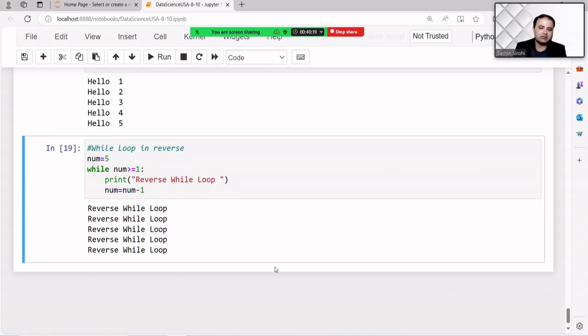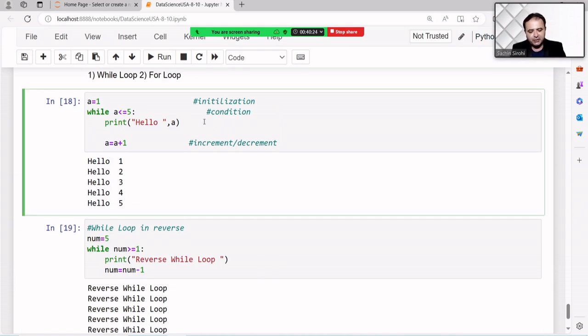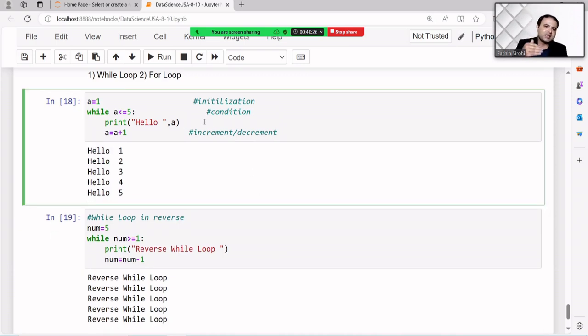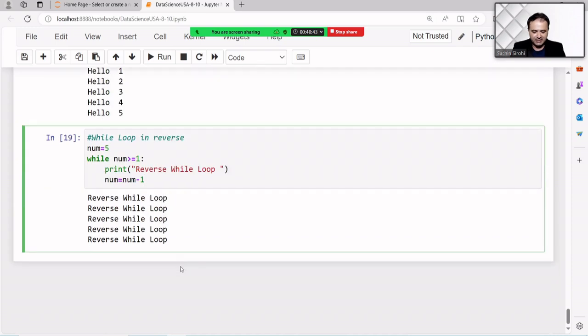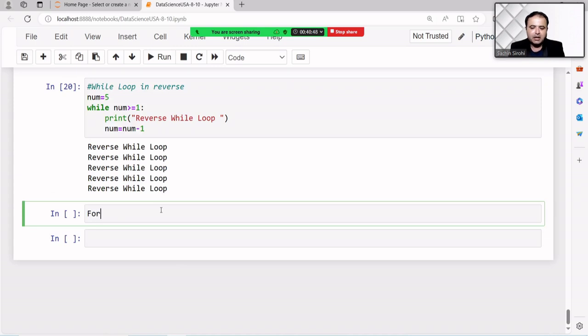Now this is the syntax of the while loop. We can use this loop where the initialization part is different, the condition part is different, and the increment or decrement part is different. This process is a little bit lengthy. To replace that kind of loop with the help of a for loop is very easy. Then after that I will take some examples related to the loop, where we can use the loop in a general example.